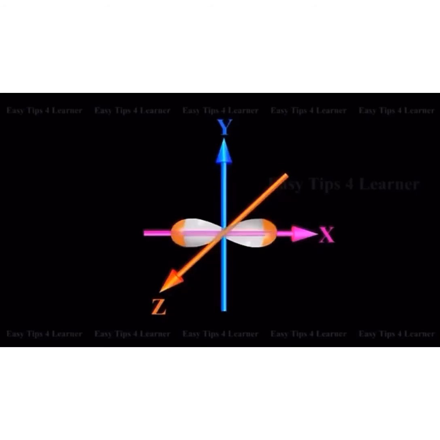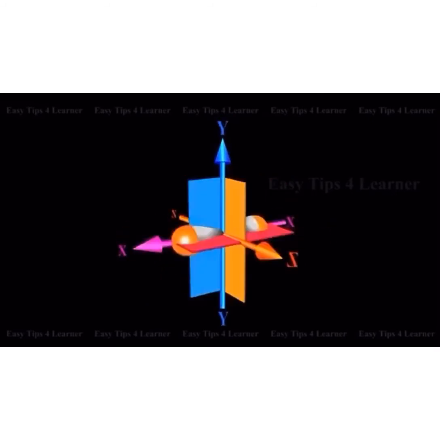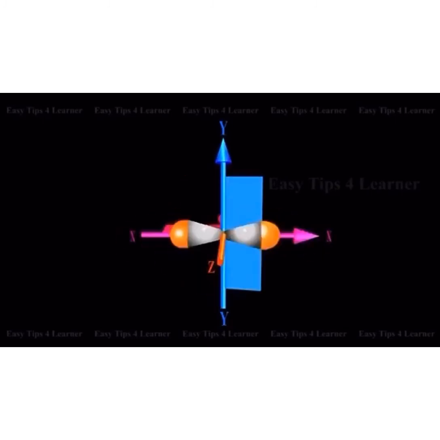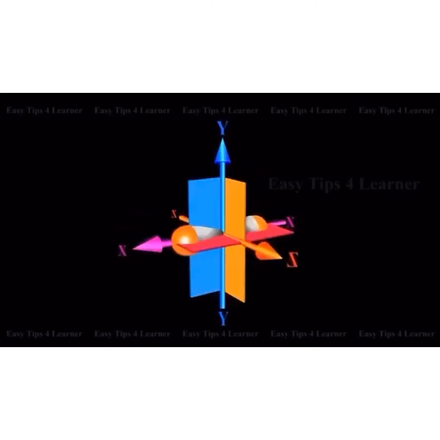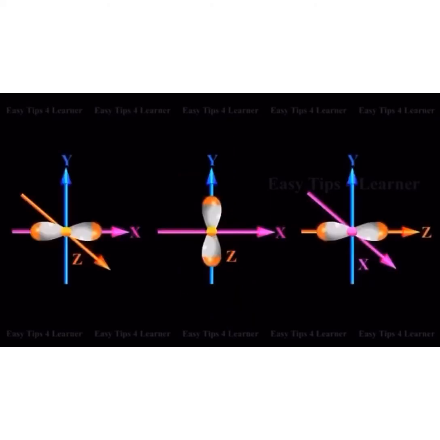The p orbital increases in size and energy with the increase in the principal quantum number. The number of nodes is given by n-2. That is, the number of radial nodes is 1 for the 3p orbital, 2 for the 4p orbital, and so on. There is no simple relation between the value of magnetic quantum number m and the x, y, and z directions. They are the axes mutually perpendicular to each other.